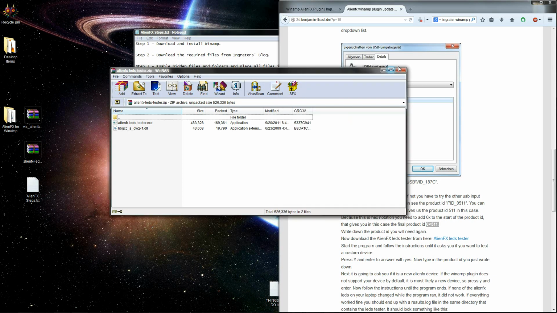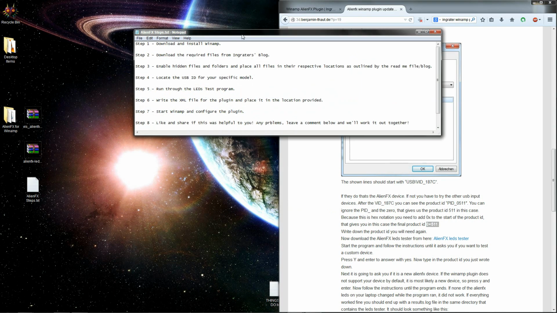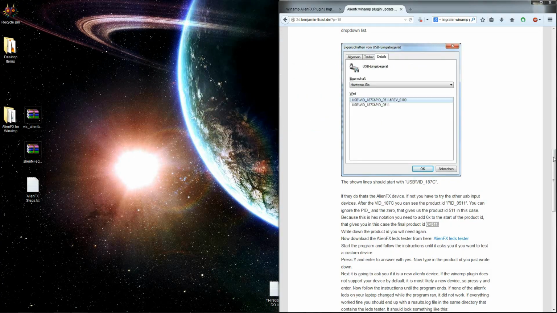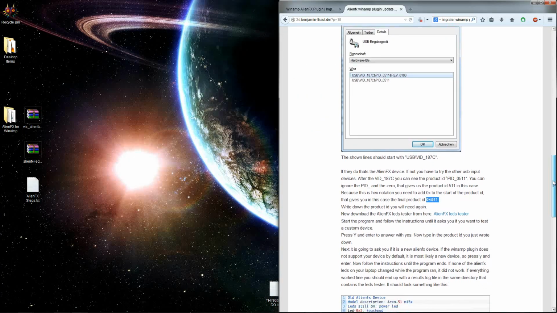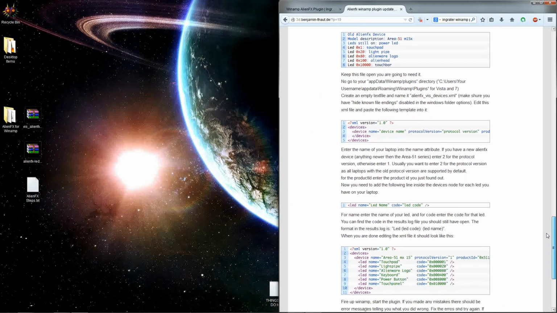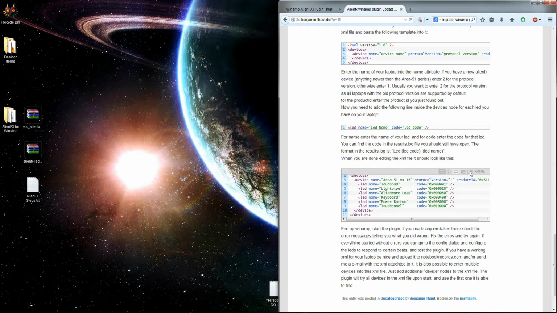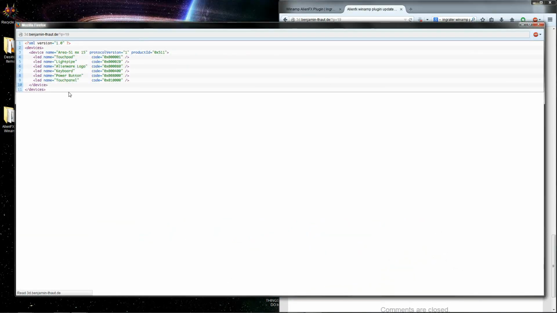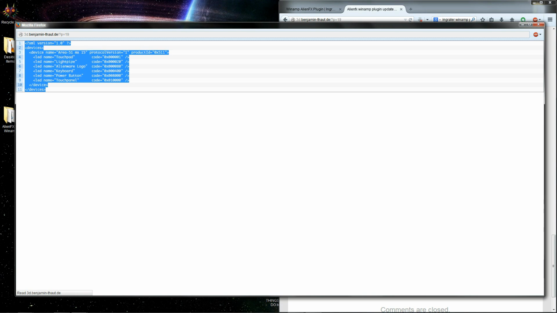Now that it's time to make the XML file, I'll tell you what I did to make this a little easier, because I had never dealt with XML before. I thought maybe it was going to be hard, but it really isn't. This is his finished XML that you could see here, and you could see XML version 1.0. So what I did was I literally just took this, I hit copy,